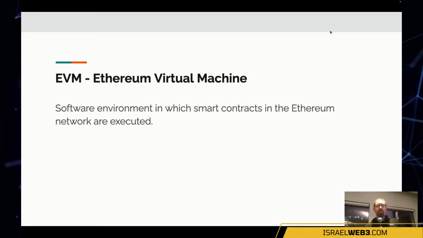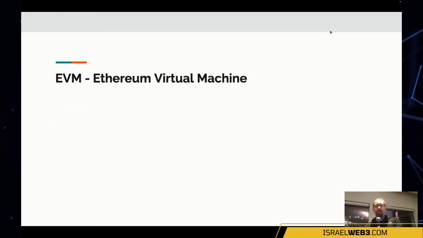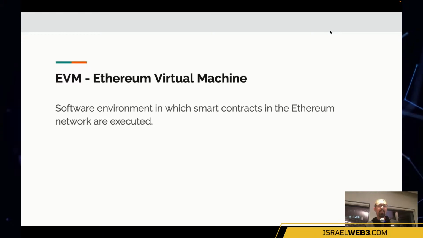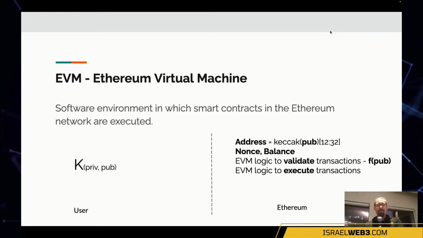The Ethereum virtual machine governs the execution of the smart contracts. Let's see how it actually works. The user has a private key and a public key in his user space, in his wallet. On the EVM side, the address is derived by a hash function from the public key. It keeps the nonce and the balance there. The EVM logic validates the transactions with the signature from the private key, and the EVM logic also governs the